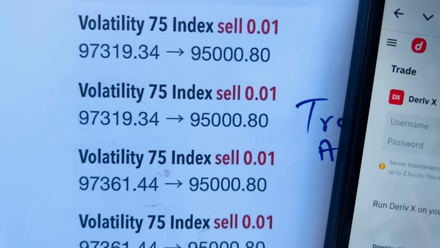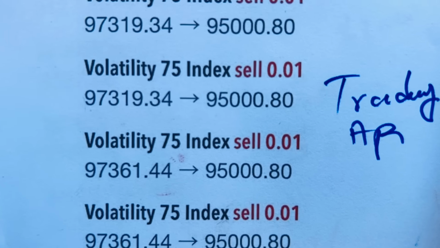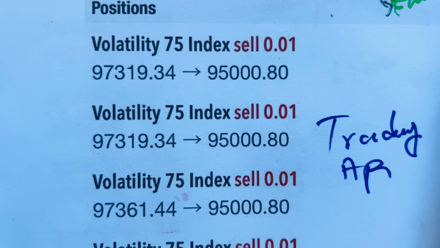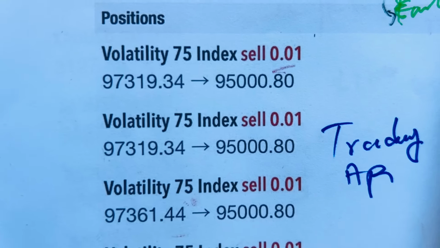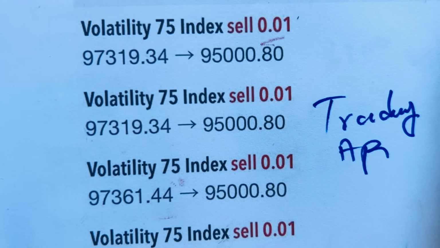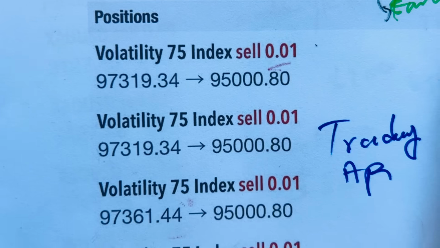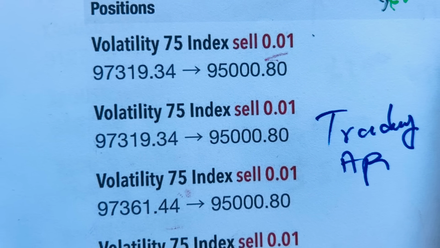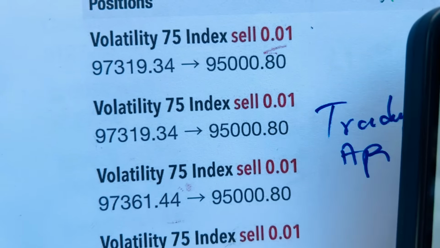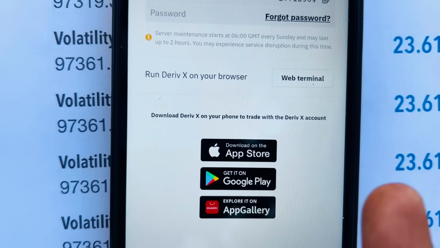But then I want you to note something when it comes to trading these assets. When it comes to trading this asset, you must understand what we call a lot size. Lot size is not the same, and that's something that you should know by now. Lot size is not the same. So if you're using lot size like this in currencies and you want to trade, make sure that you understand the lot size. And we have another tutorial on this channel. So in this case, if you want to use the app, you can go to Google Play Store and download